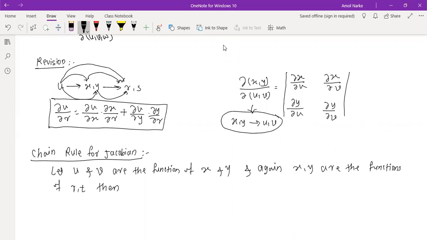Now see what happens. u and v are functions of x and y. First we write this down, and I will explain that later on. Then the partial derivative of (u, v) with respect to (r, t) is given by...